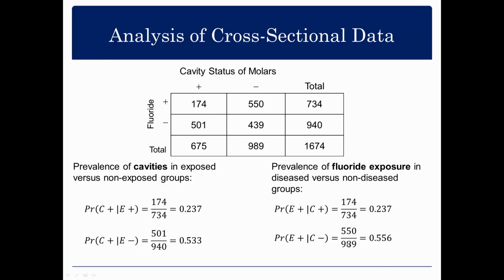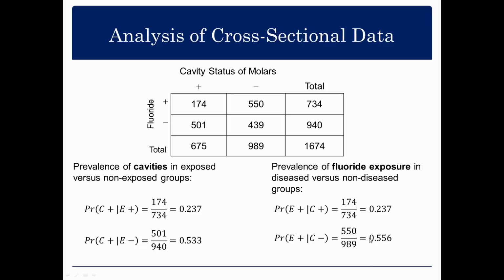Yeah, this is correct. Among those who have no evidence of cavities, how many of them were actually exposed to fluoride? So that is this column. Among those who don't have cavities, how many were exposed to fluorides? That's 550 out of 989, which is 55.6%. So again, 25.8% here versus 55.6% tells us a little bit about how prevalent exposure was in those with the condition versus